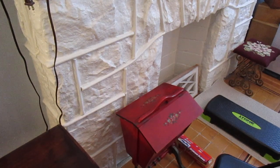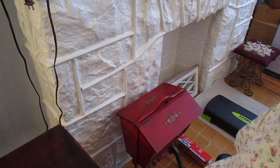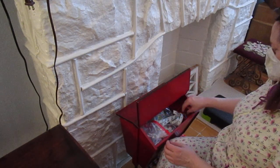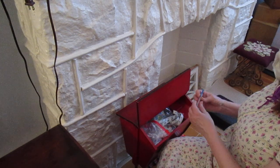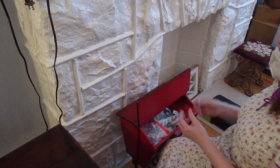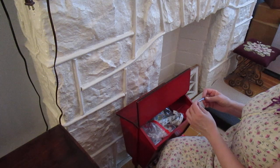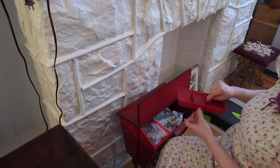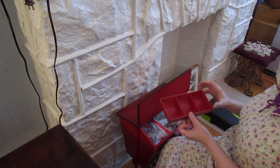Okay, I wanted to organize my 1940s sewing box. And for me, I hope it's interesting for 1940s or vintage people, but I mostly do it for me. So I've got my little, of course I'm going to forget the names of any sewing thing. Let's see, let's take that out. And of course I forgot my Swiffer, so